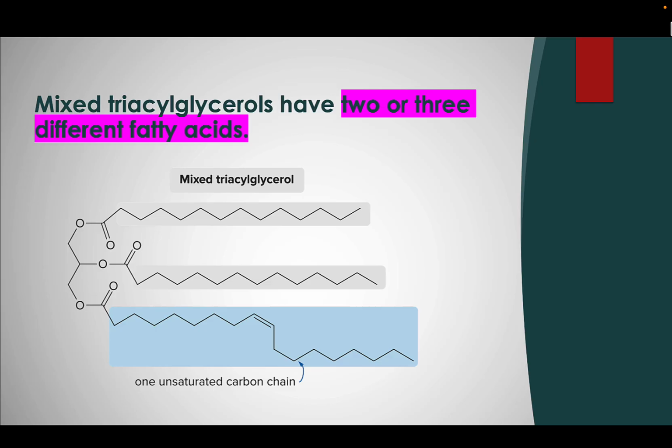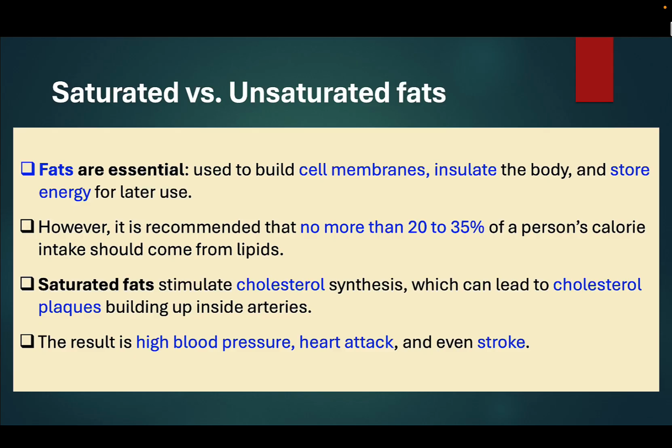If we have different fatty acids, well, then we can do that, right? We don't always have to have the same fatty acid chain on a triglyceride. And here's an example where we have an unsaturated carbon chain that's on the triacylglycerol. And so, this gets us to saturated and unsaturated fats, because remember we talked about saturated and unsaturated fatty acids